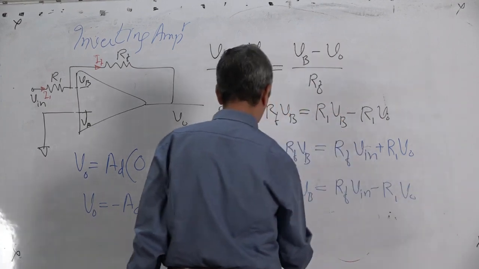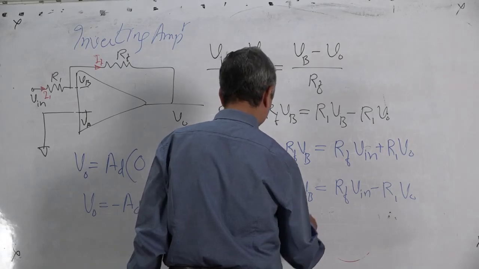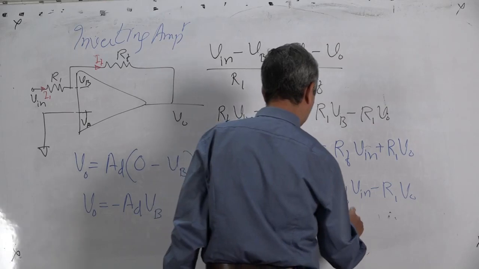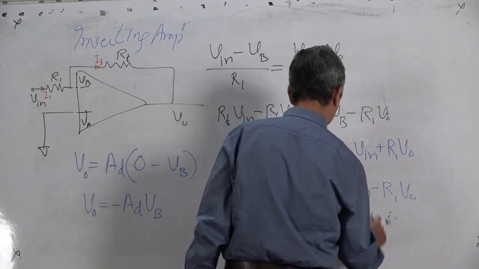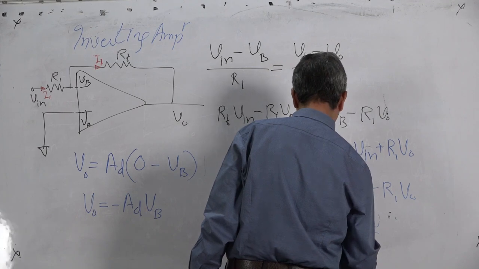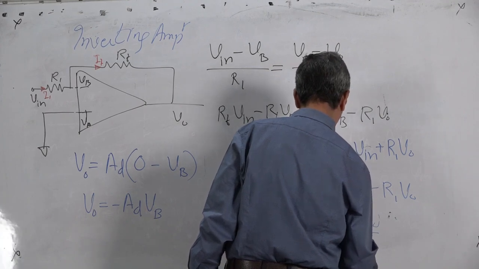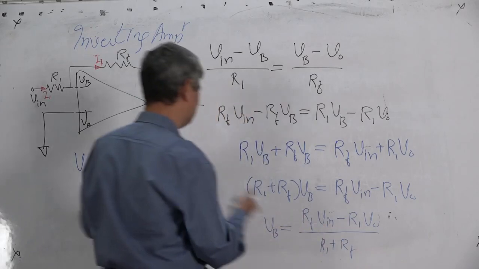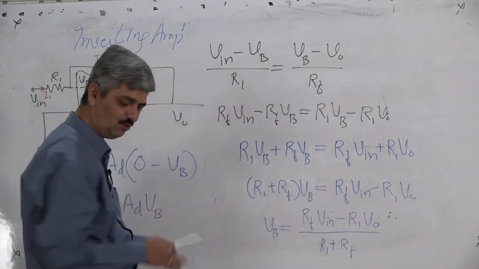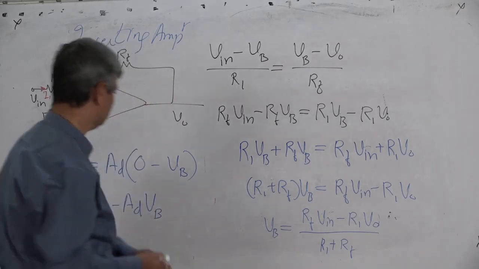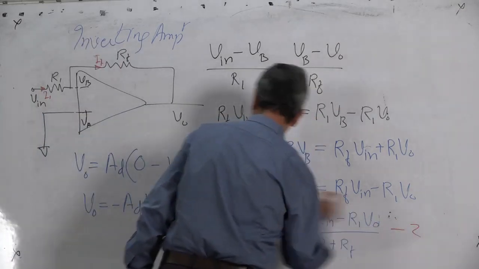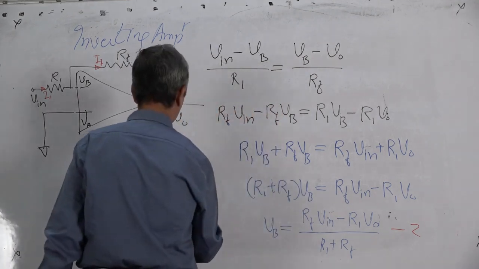So VB is equal to (RF Vin minus R1 VO) upon (R1 plus RF). So that simply you have to put here, that is all, it is the end. So what is VO? This is equation 2, this is equation 1. Using 2 in 1,